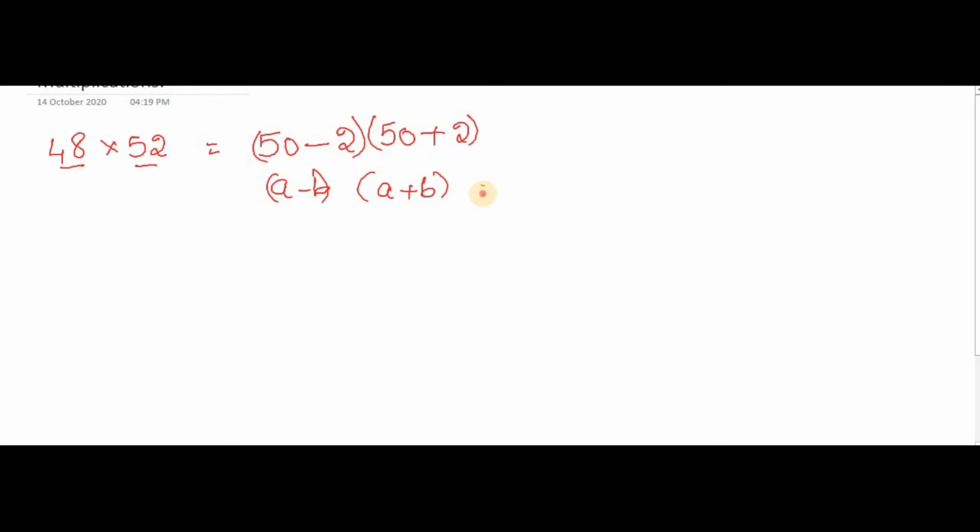if I want to multiply 48 with 52, see here, these are similar numbers which are near to 50, and the difference of those two is 2. So you can write 50 minus 2, and the other one is 50 plus 2, and this looks like an algebra formula: a minus b into a plus b, and the solution for this is a square minus b square. So here you can write 50 square minus 2 square, that is 2500 minus 4,